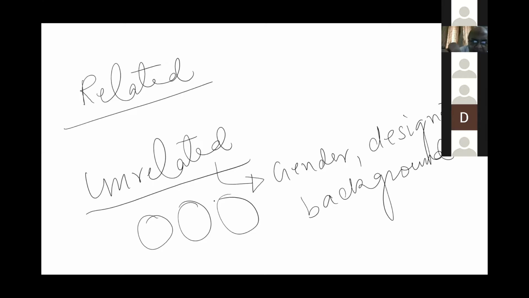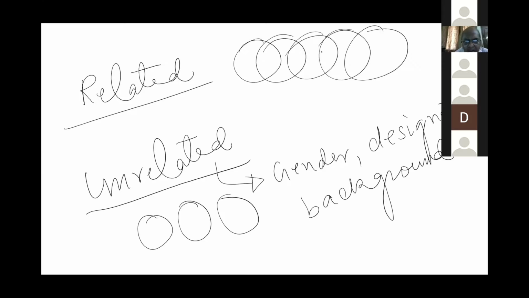If you can make samples which are mutually exclusive, with nothing common, we call them unrelated. If there are commonalities, then we say they are related. Commonalities in terms of the same respondent, same company, or a firm, then we say they are related. Is that clear?